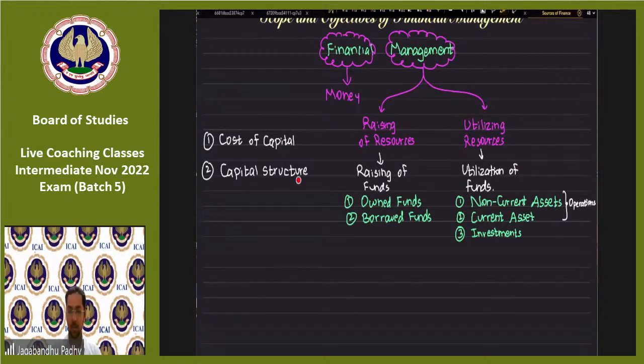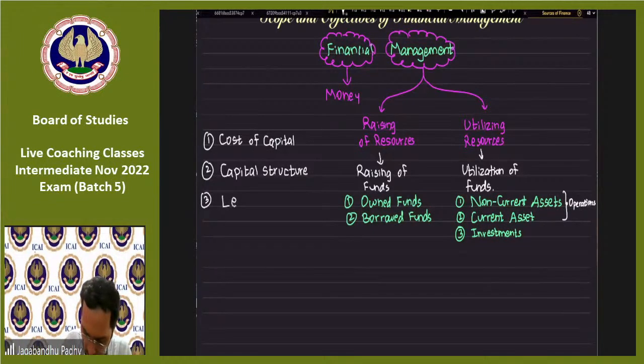Can you tell me this chapter focuses on which part? Raising of resources or utilizing of resources? Capital structure, which tells you how much debt, how much equity you should have in your business. Definitely, guys, you're absolutely correct. It is raising of resources. Thirdly,